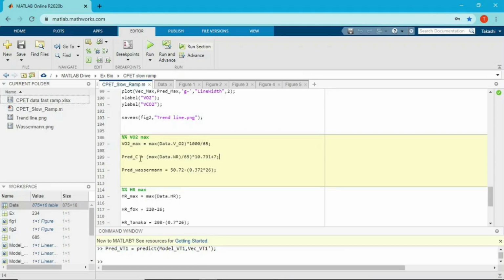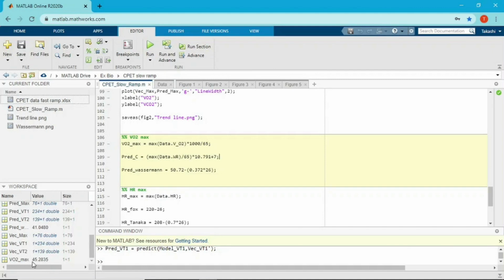Then this is the prediction of my VO2 max based on my age and workload, and this is another prediction by Wasserman based on my age. If you only have limited data, this is the option you can use to predict your VO2 max. So I'm gonna run this and let's see.